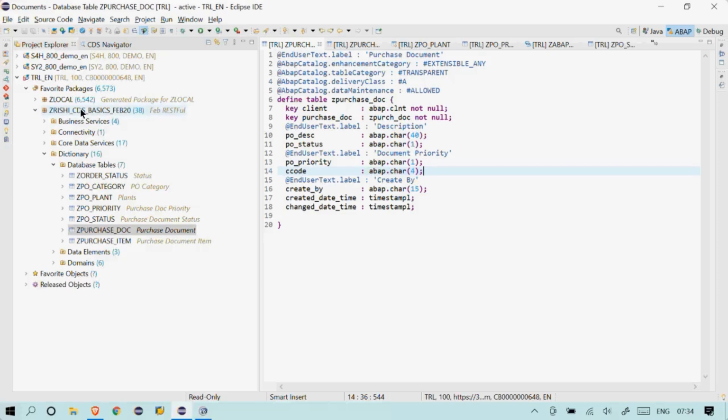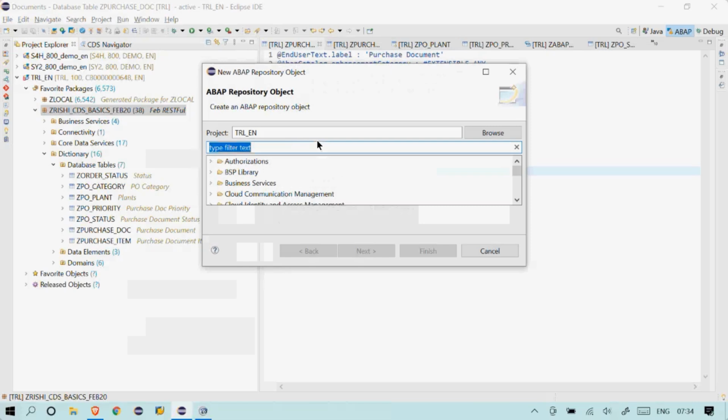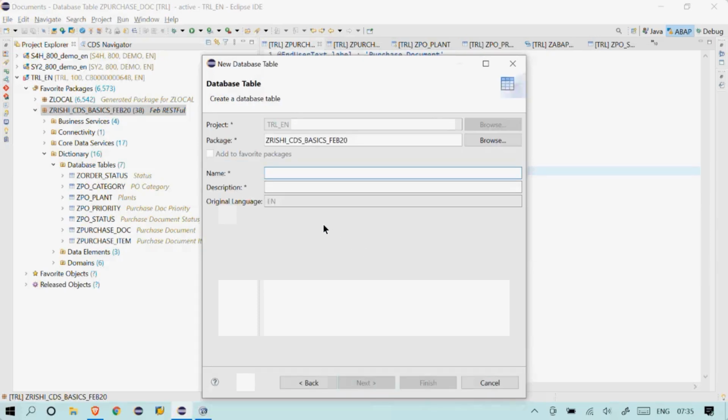All you need to do is simply right click on your package, New, Other ABAP Repository Objects, and search for database table. Click on next, provide the database table name, let's say V1, and provide some description.